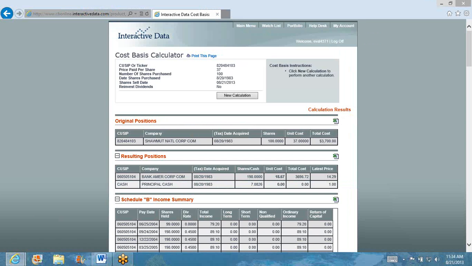Okay. So let's say we started with, up here, 100 shares, right, on 8/20/1983 of Shawmut National Corporation. All right, here's our total cost, $3,700. Okay. Our resulting position is Bank of America now. Okay. You have 198 shares of Bank of America, your unit cost. So there's the total cost of $36.96.72, and a little principal cash. All right, and just so we can see the whole history of things,